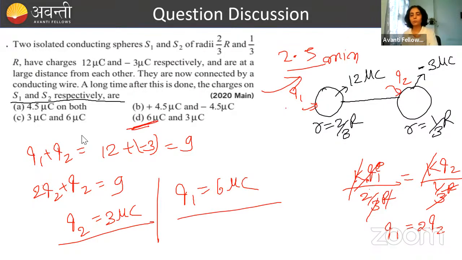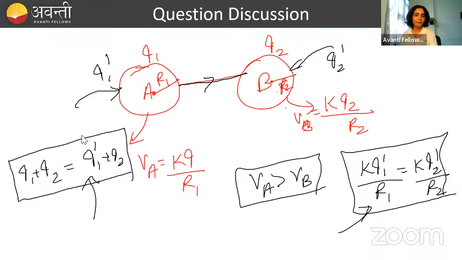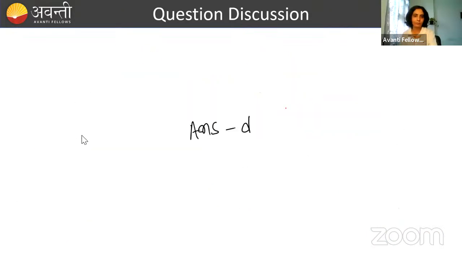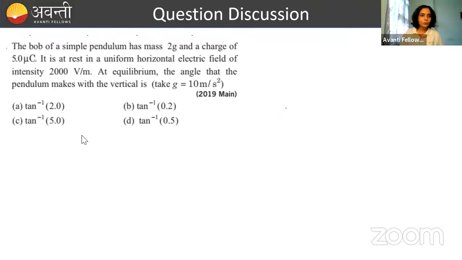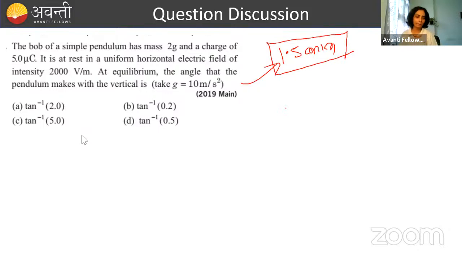Okay, chalo. I hope it is clear. Anyone, if has any doubt, you can text me. Now let's do this question and do it very fast. I'm just giving you 1.5 minutes because we have done this question in class once before, and I just want to check. So quickly do it and tell me what the answer comes out to be. Let me know. Read the question, do it.